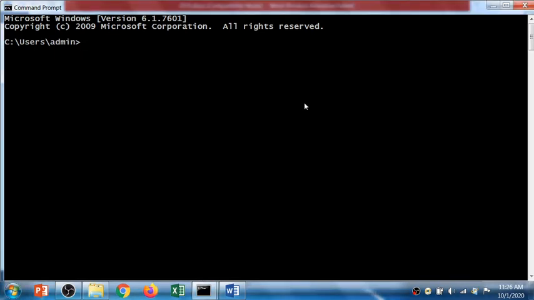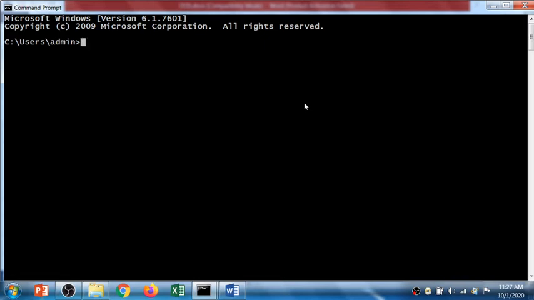Okay, so I have opened the command prompt application. My prompt shows that I am working with the C drive, users and admin, but I don't want to work with this prompt. So I'm going to close this folder, and I'll change the path.